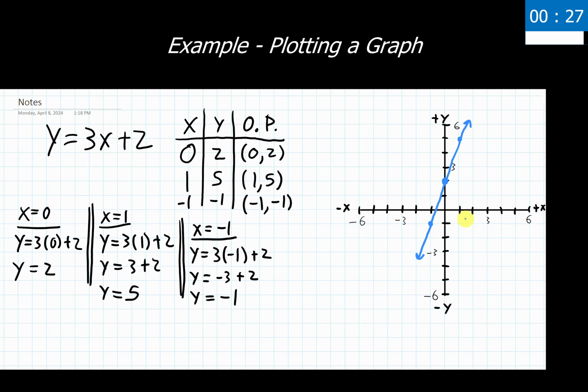But again, I find as you're going through these, make sure you have the axes set up properly. When you are choosing your input values, they can be as nice and easy as numbers that you're using over and over again, like maybe 0, 1, and -1, or you can make them as complex as you possibly want. It's your choice. But my recommendation is that you choose the easier numbers every time, at least to start with.